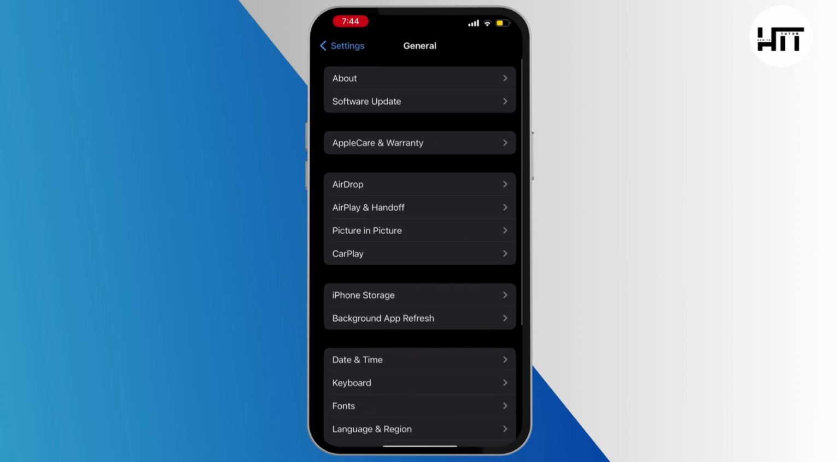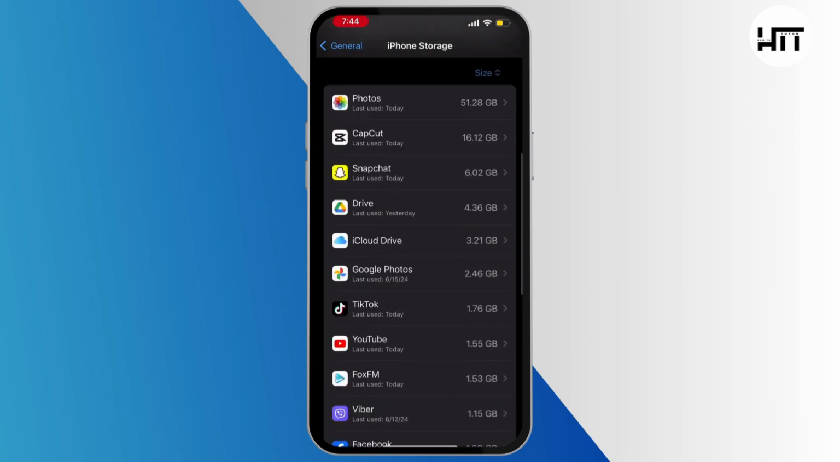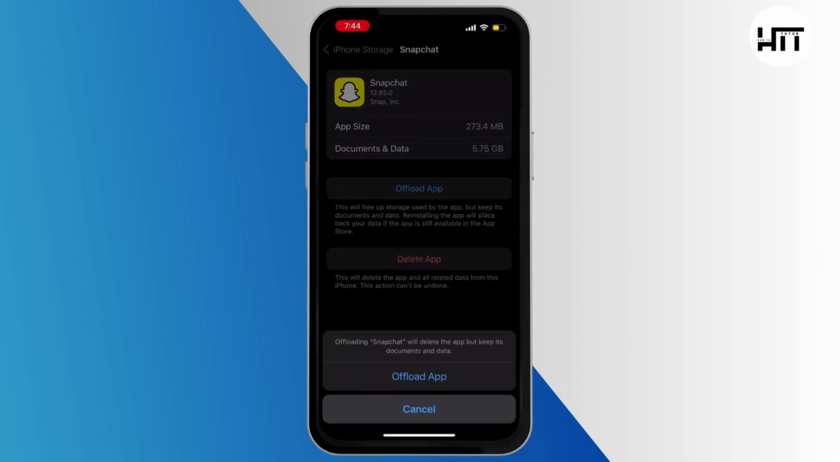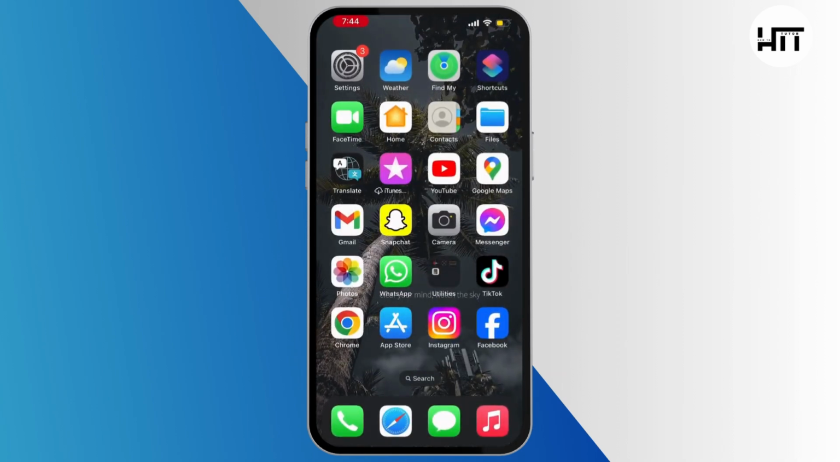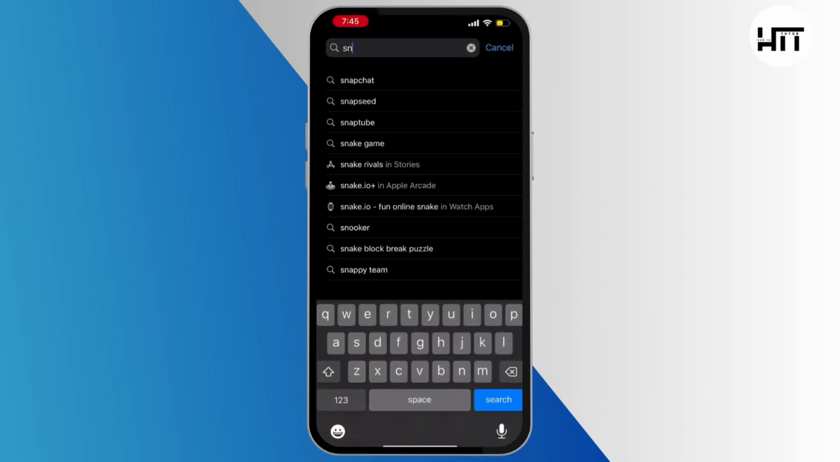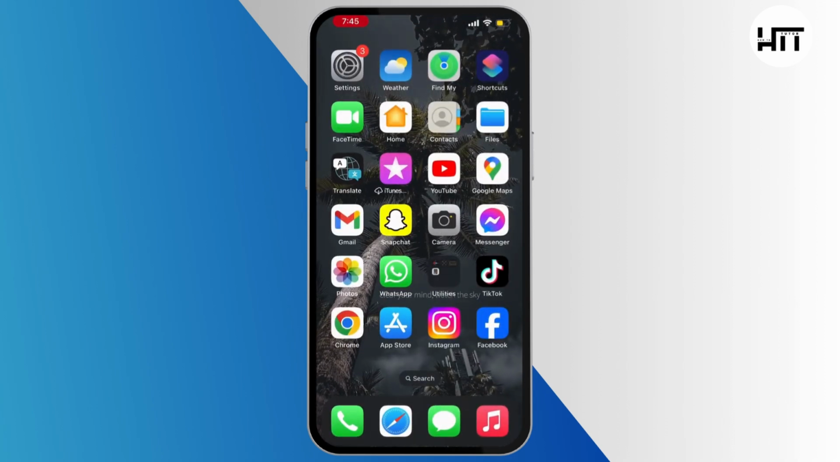From there, choose iPhone Storage and under the iPhone Storage, search for the Snapchat application and offload the Snapchat application, and then go to the App Store and search for Snapchat and reinstall the application. Once you do that, if your problem is still not solved, then go through any browser and search for